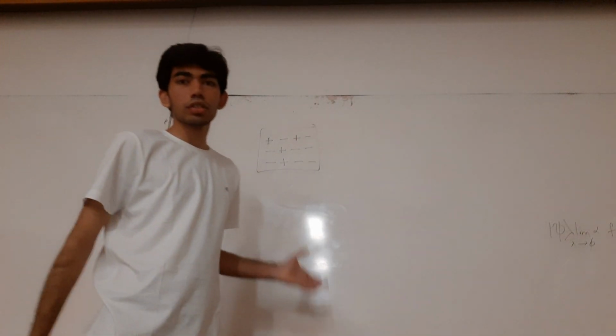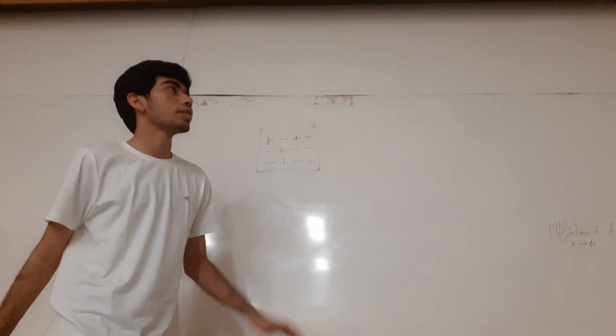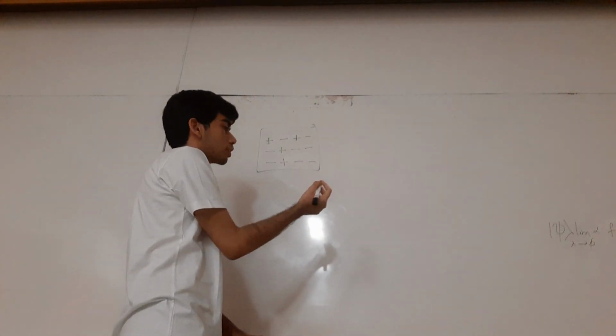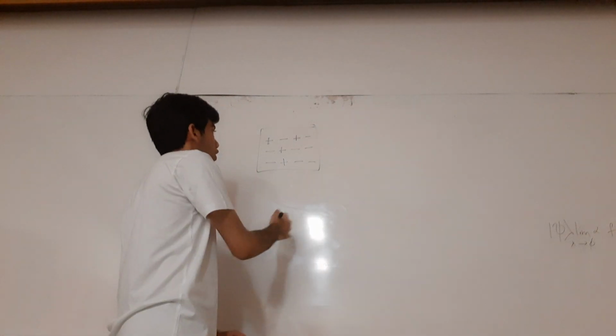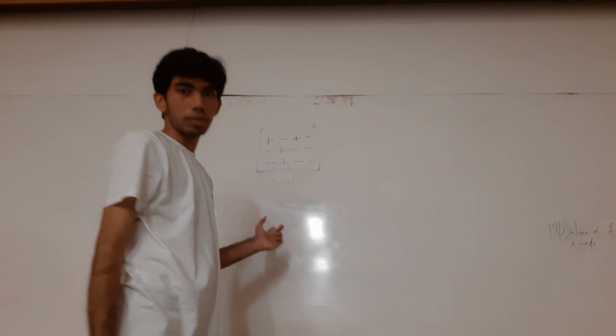The output of the box represents the maximum amount of charges that are there. Basically, the majority of the charges, which in this case would be negative, would be the output of the